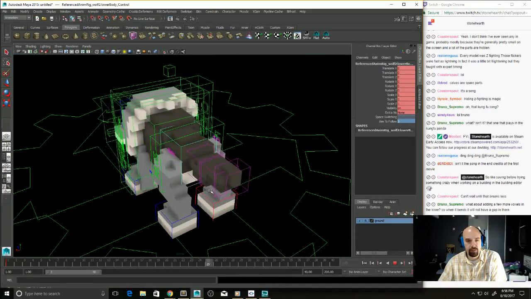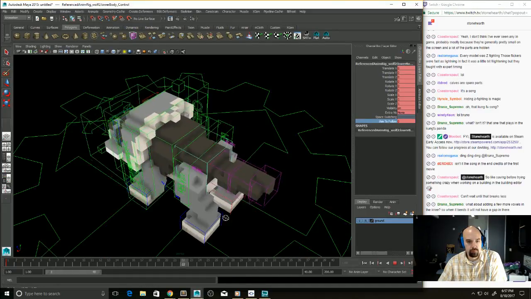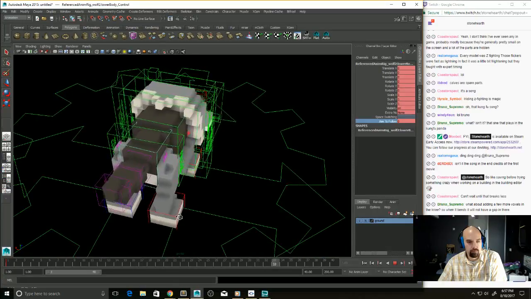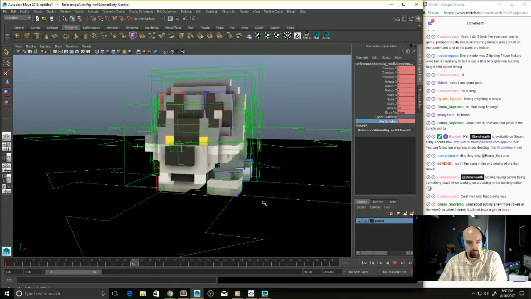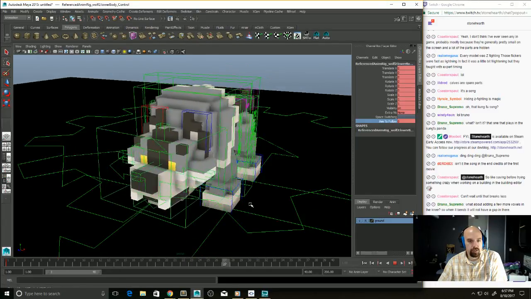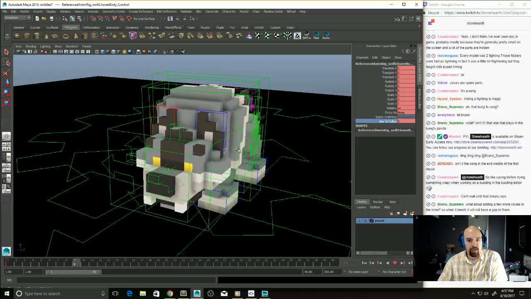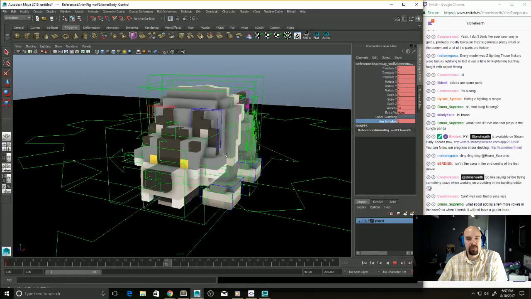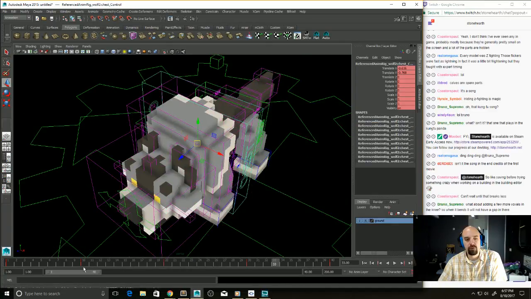Half blends aren't great. You should not do that. Yeah, it's hard to animate without the graph editor. Because I want to back off his side-to-side movement by half, but I have no